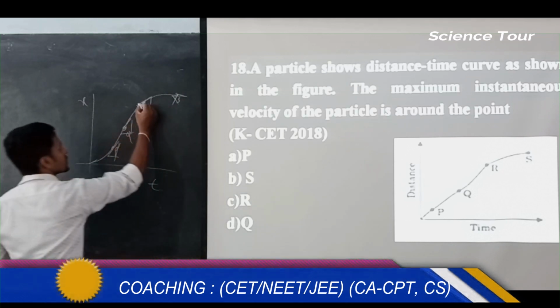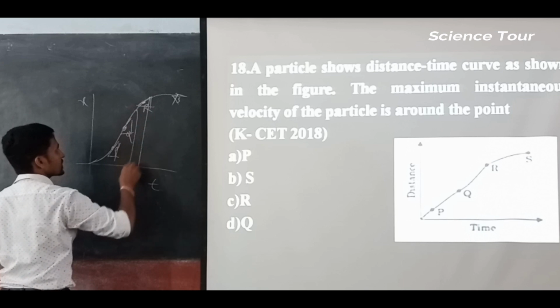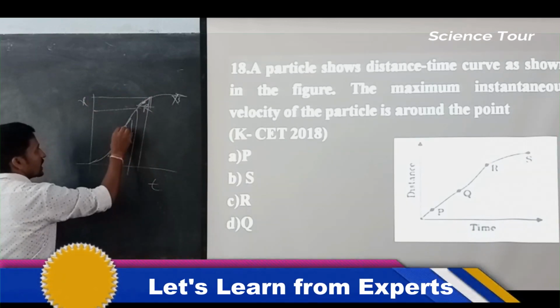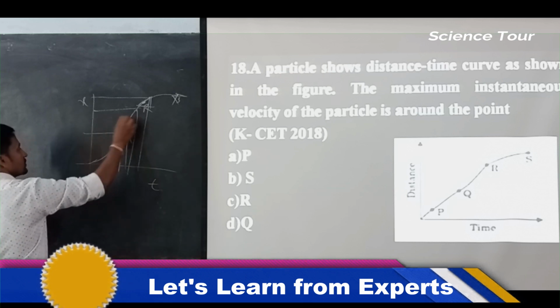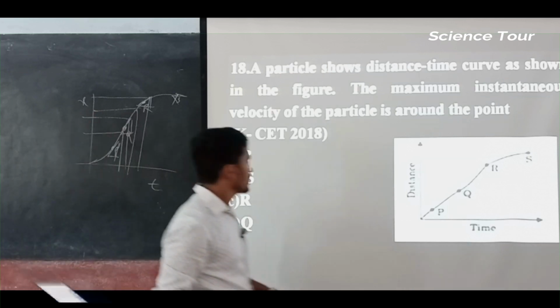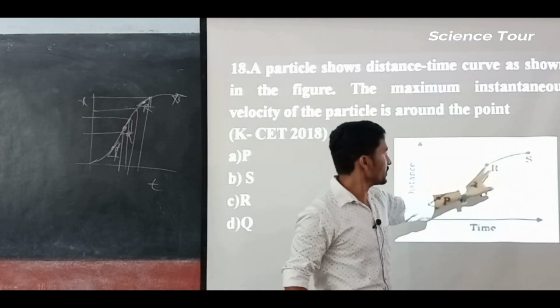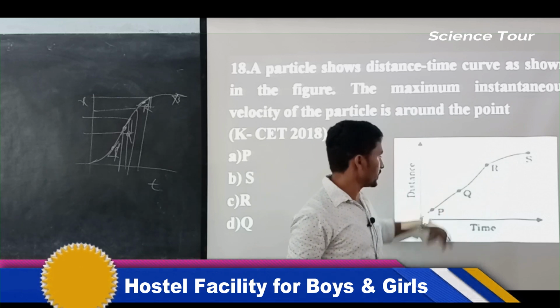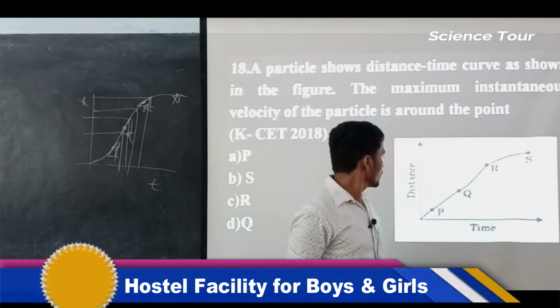See, if you draw the same tangent, it means for the least time the maximum distance has to be covered. And if you see, this one is very much straighter, like this here, than all the others, okay.